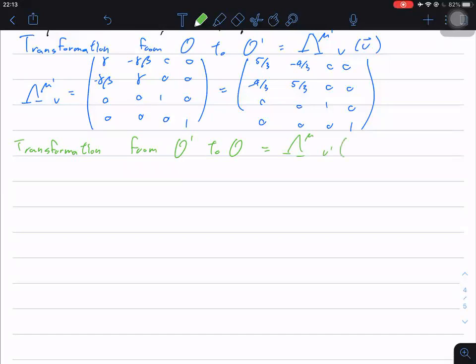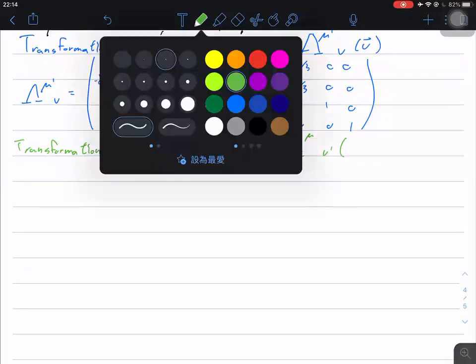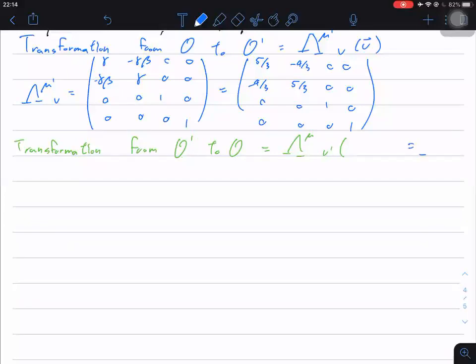Okay. Well, one way to do it is that, because it's basically the inverse of the above transformation matrix, you can do the inverse. Or another way is that if the train is moving in plus x direction relative to the ground, then in the train frame, the ground is moving in the minus x direction